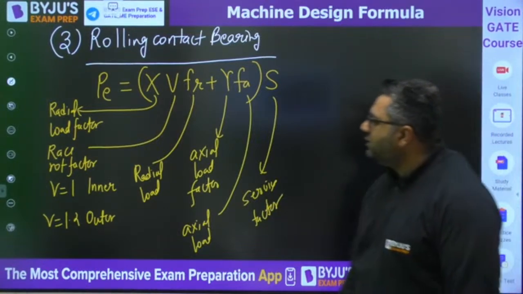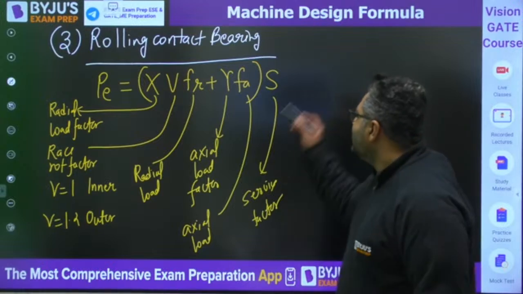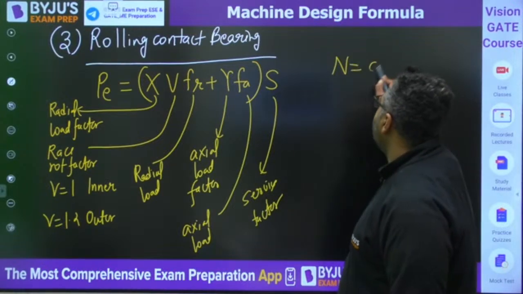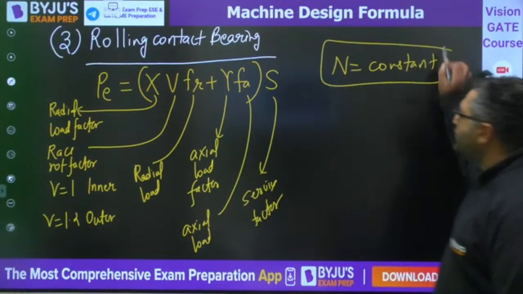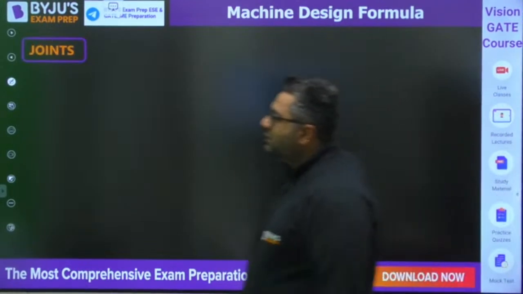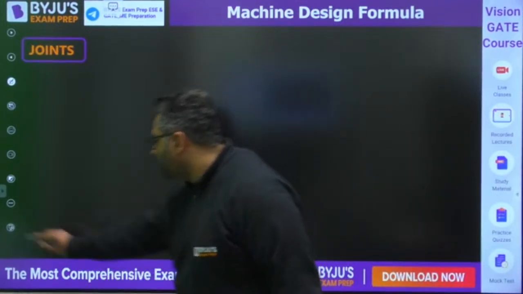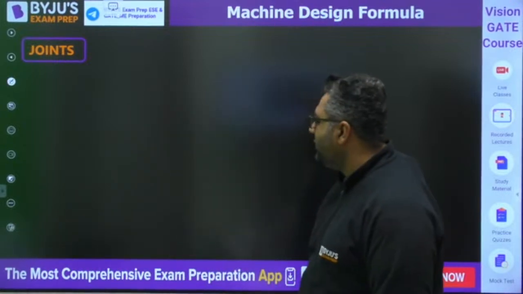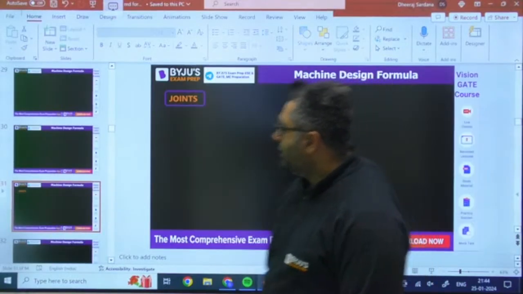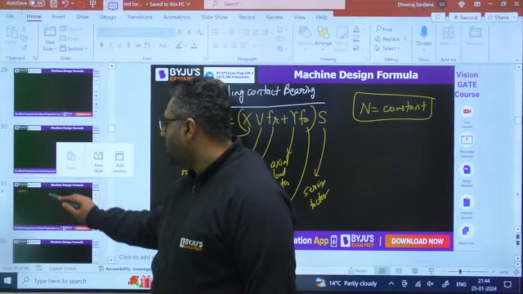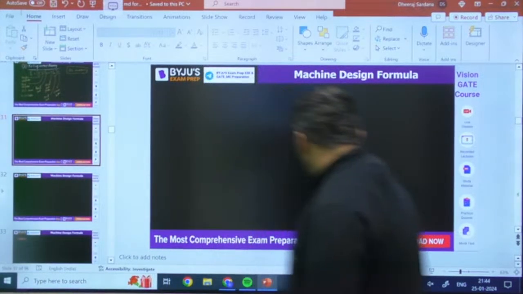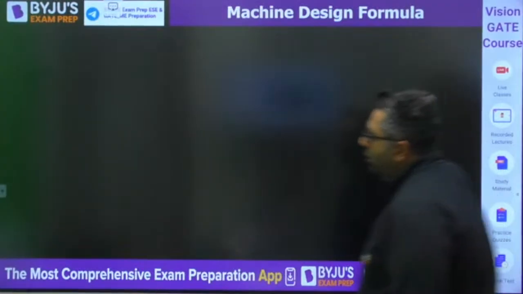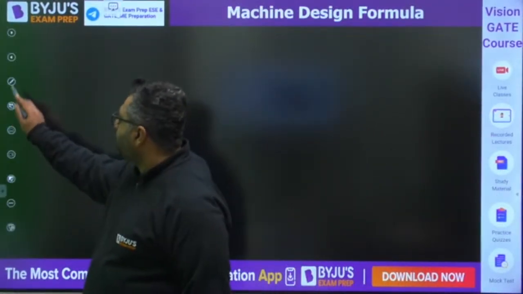So guys, this formula for equivalent radial load is valid if speed is constant. If speed is constant, then we can use this formula. But if speed is not constant, just wait, I need to add 2-3 new slides. So when we are talking about speed not being constant,